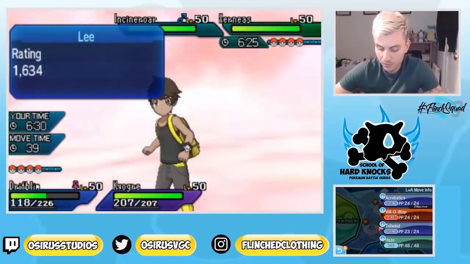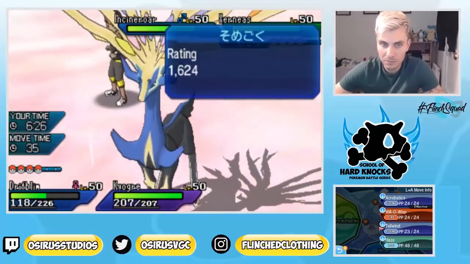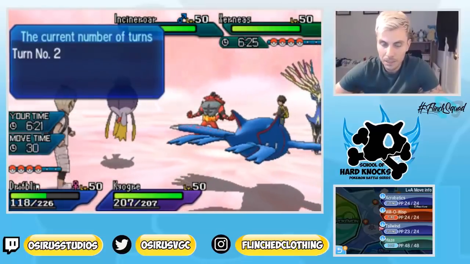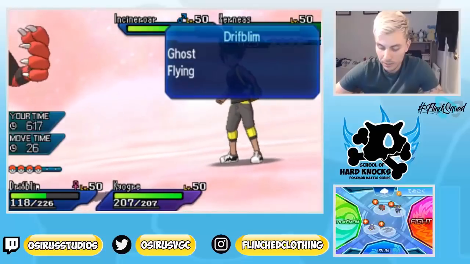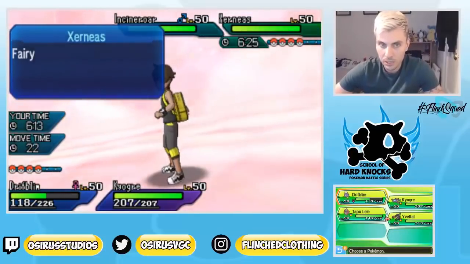Now this is where I feel like, do we switch Drifblim out, save it for later, and just Water Spout, and switch in Tapu Lele, so we've got our terrain up? I think it's not a bad play because I feel like the Groudon probably does come in. The other option is,